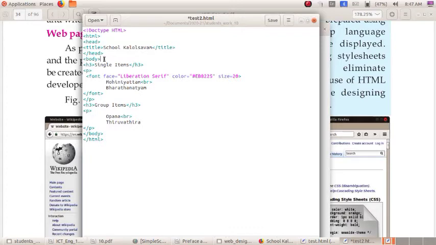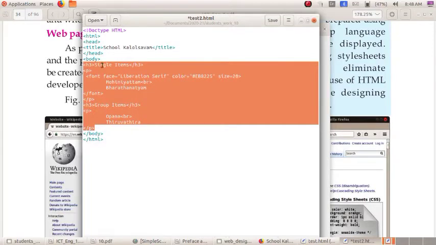Yes, the body tag is for including the contents. Here is the opening of the body tag and here is the closing, just before the HTML closing tag.